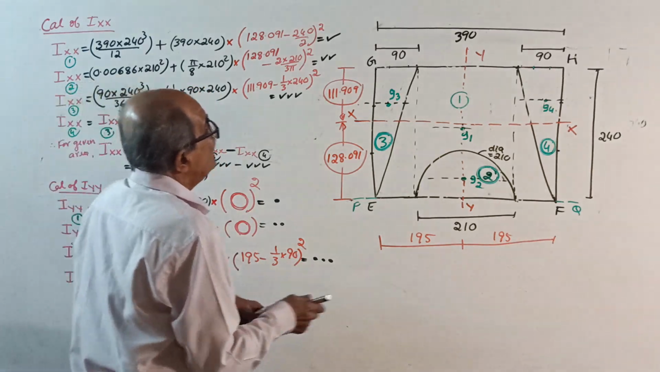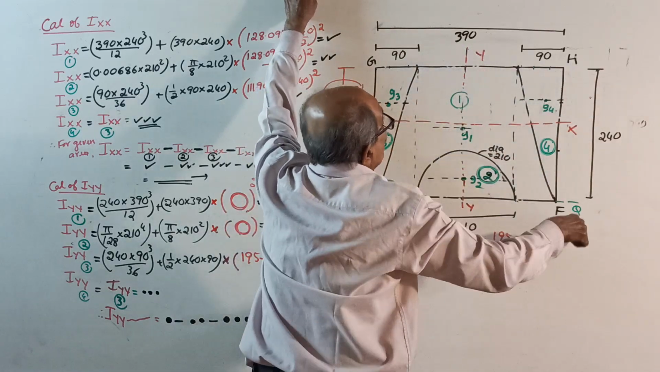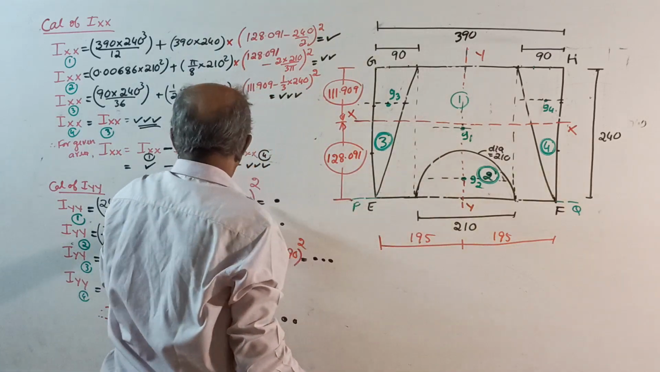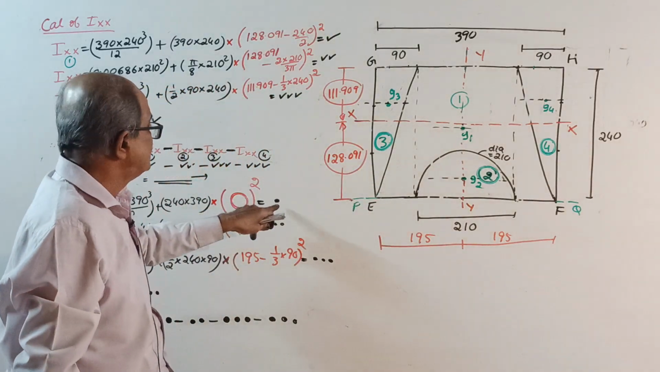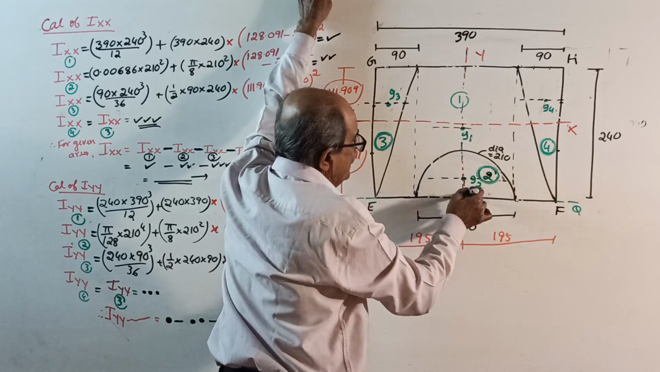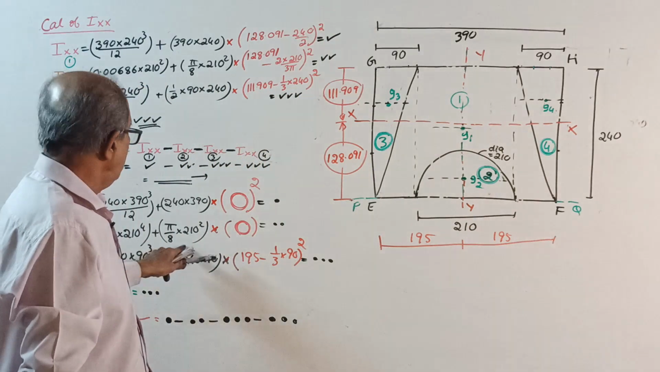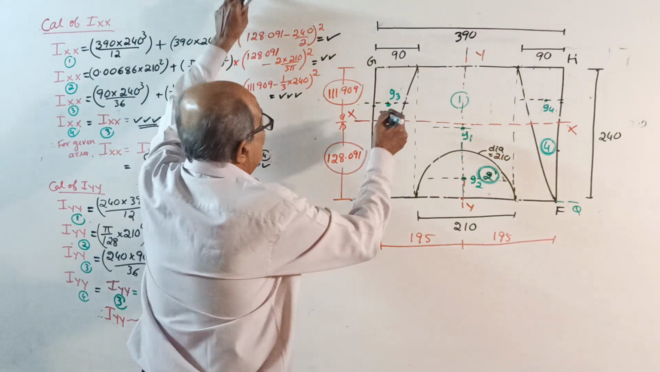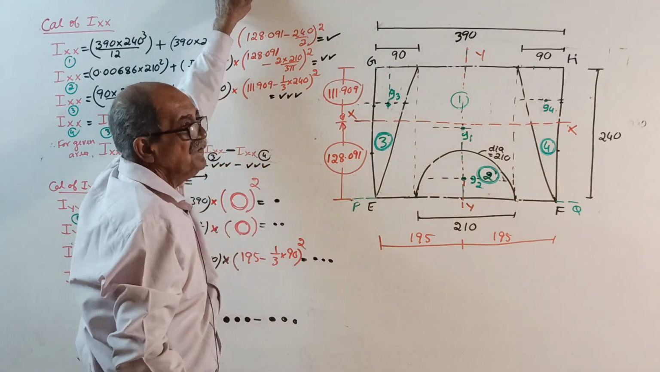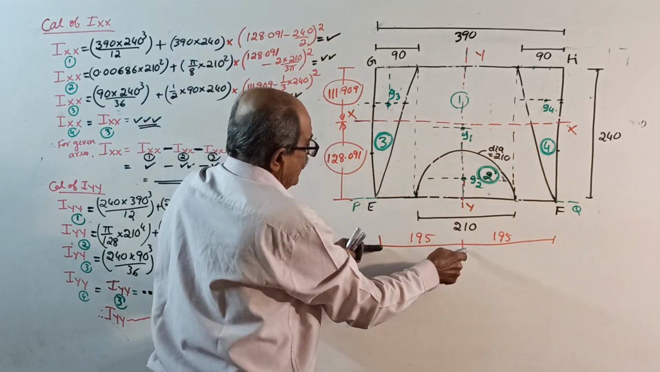Okay, now start. I about YY. First, I about its own centroidal axis: 240 into 390 cube by 12 plus G1 lies in YY plus area into 0 square. Let the answer be dot. Semicircle, I about its own axis. Once again, symmetry axis: pi into diameter power 4 by 128 plus area into 0 square once again. Here, I about its own centroidal axis: 240 into 90 cube by 36 plus area into this distance square, that is 195